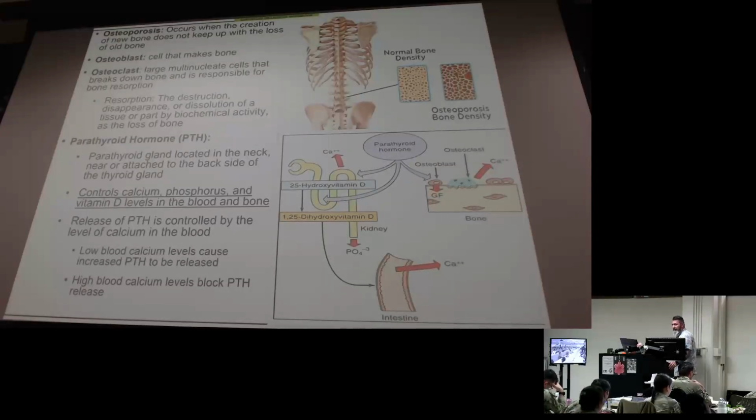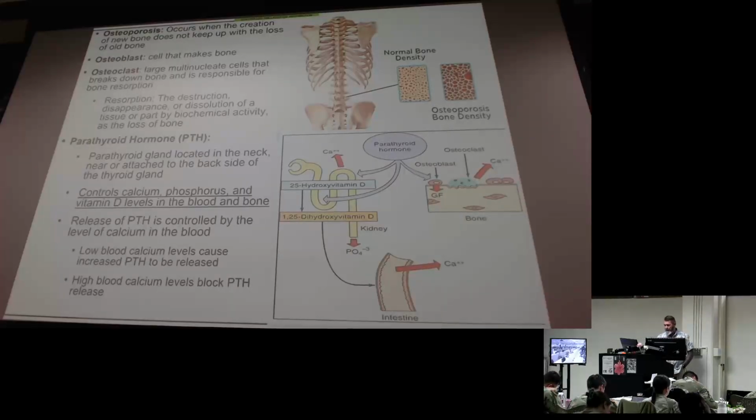So osteoblasts are the cells that make bone. And then osteoclasts, I think of with the C, they cut, right? They break down bone. They are responsible for bone resorption. So you need to be aware of osteoblasts versus osteoclasts, because the different medications that we use for osteoporosis are working on one or the other, right? Either helping make new bone, so they work on the osteoblasts, or they can impede the breakdown, so they